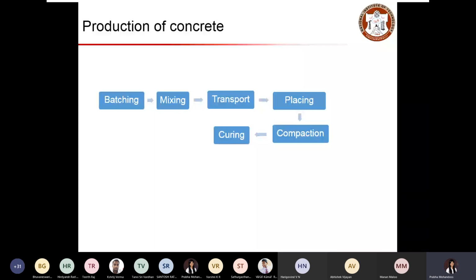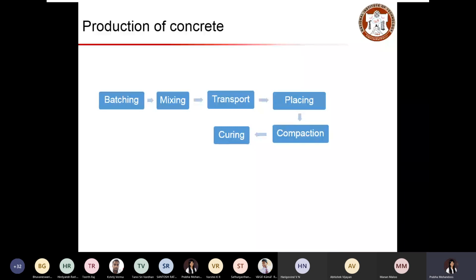Once compaction is done, you are going to allow your concrete to gain its strength, and during this process, curing plays an essential role, because when you are allowing your concrete to gain strength, it is going to be exposed to atmospheric conditions. Depending on the temperature, there will be changes in the concrete. If the temperature is too hot, then moisture will be lost from the concrete structure. Because of the moisture movement, if there are restrictions, it will induce shrinkage issues and shrinkage stresses. If you provide curing adequately, then that will delay such